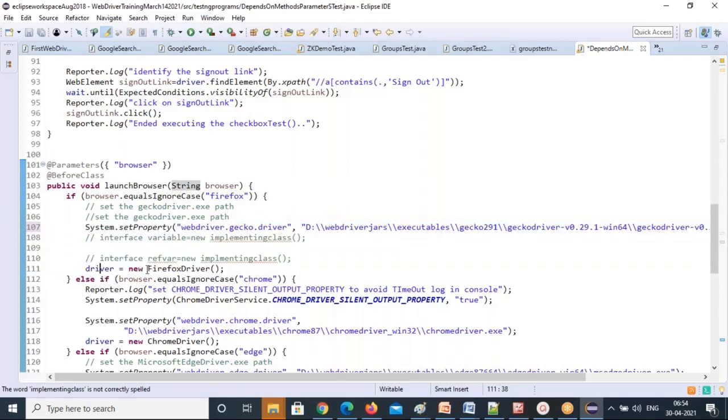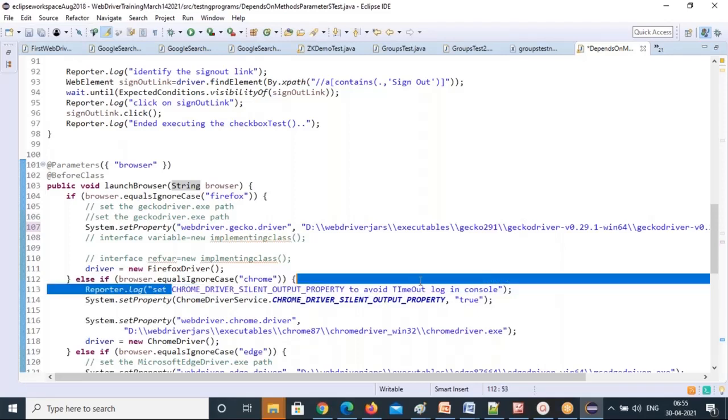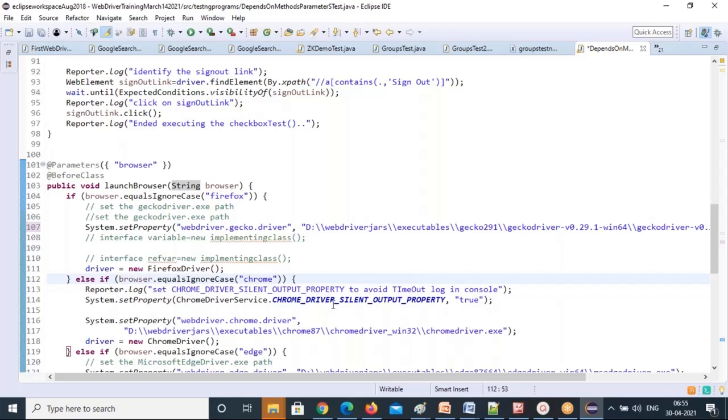Else if browser.equalsIgnoreCase Chrome, then set this property to avoid a timeout log in the console. There is a timeout log coming that you can avoid with this System.setProperty, ChromeDriverService Chrome driver silent output property to true. You set it true, and automatically it will set the silent property.